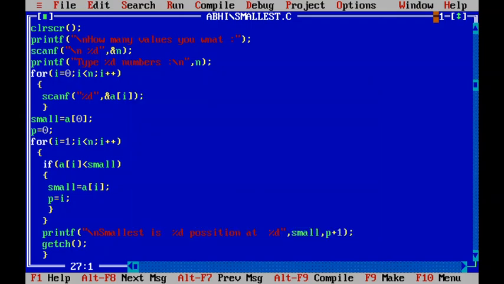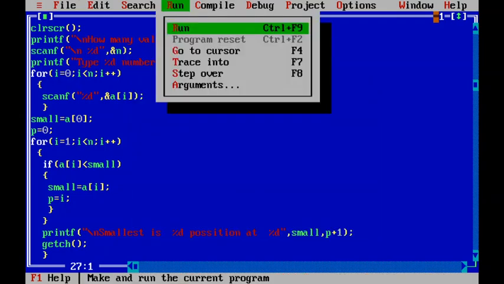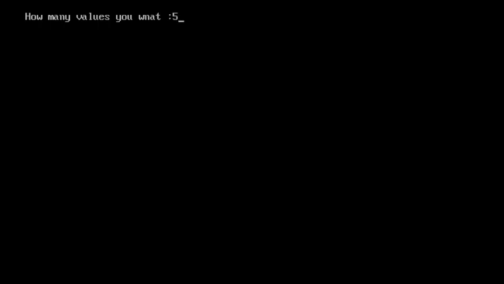Compiling and then executing. For example, I am giving the number of values you want as 5 and giving the values 8, 4, 6, 33, 45. Smallest is 4 and position is 2.